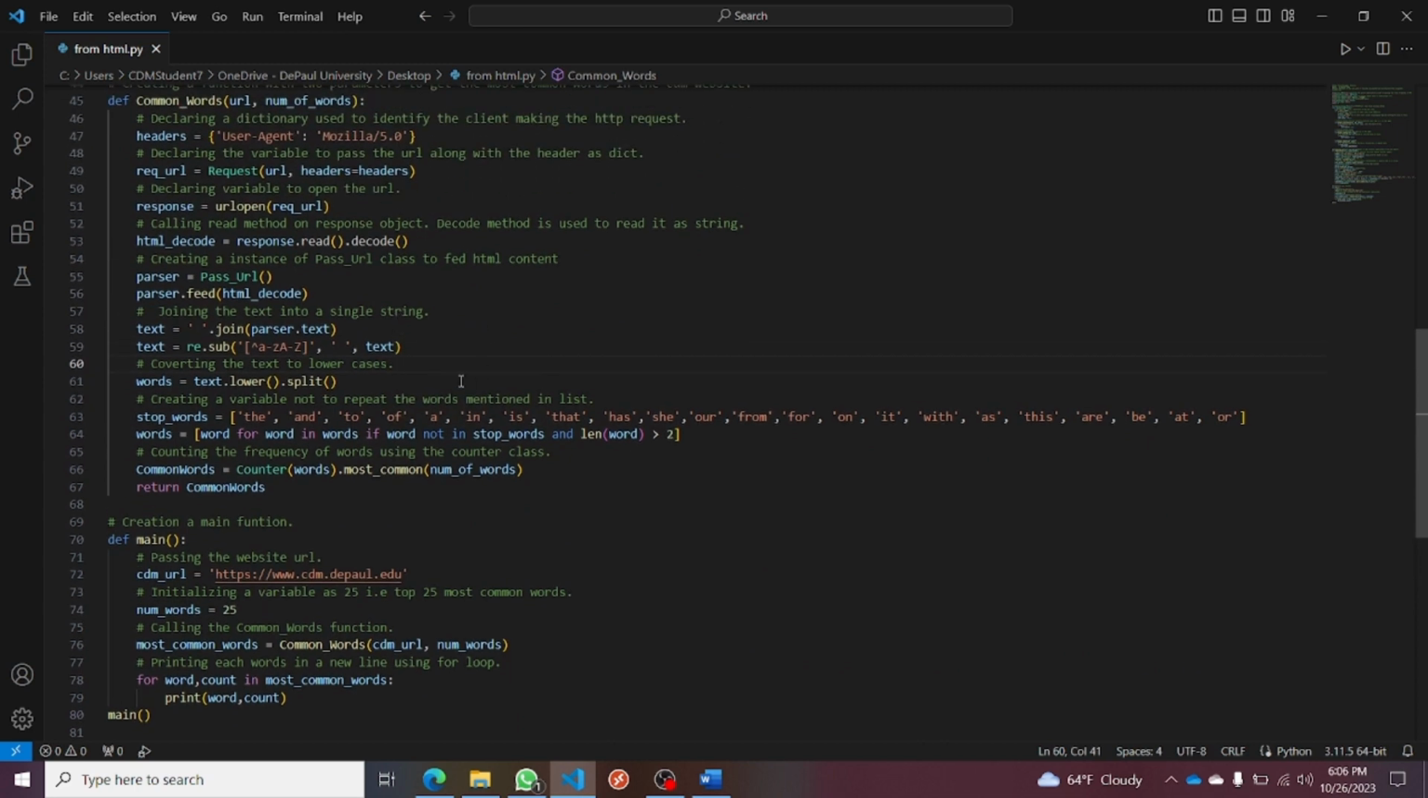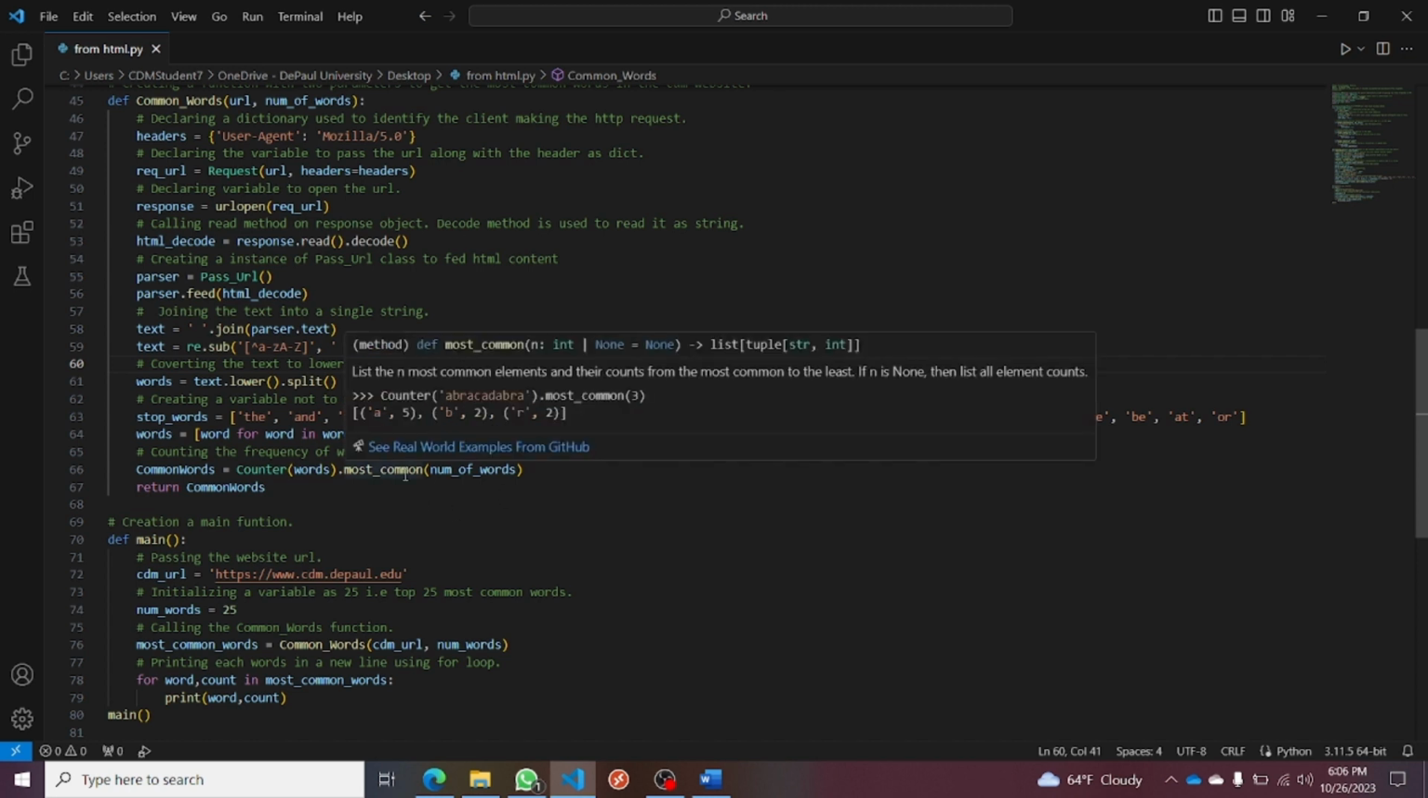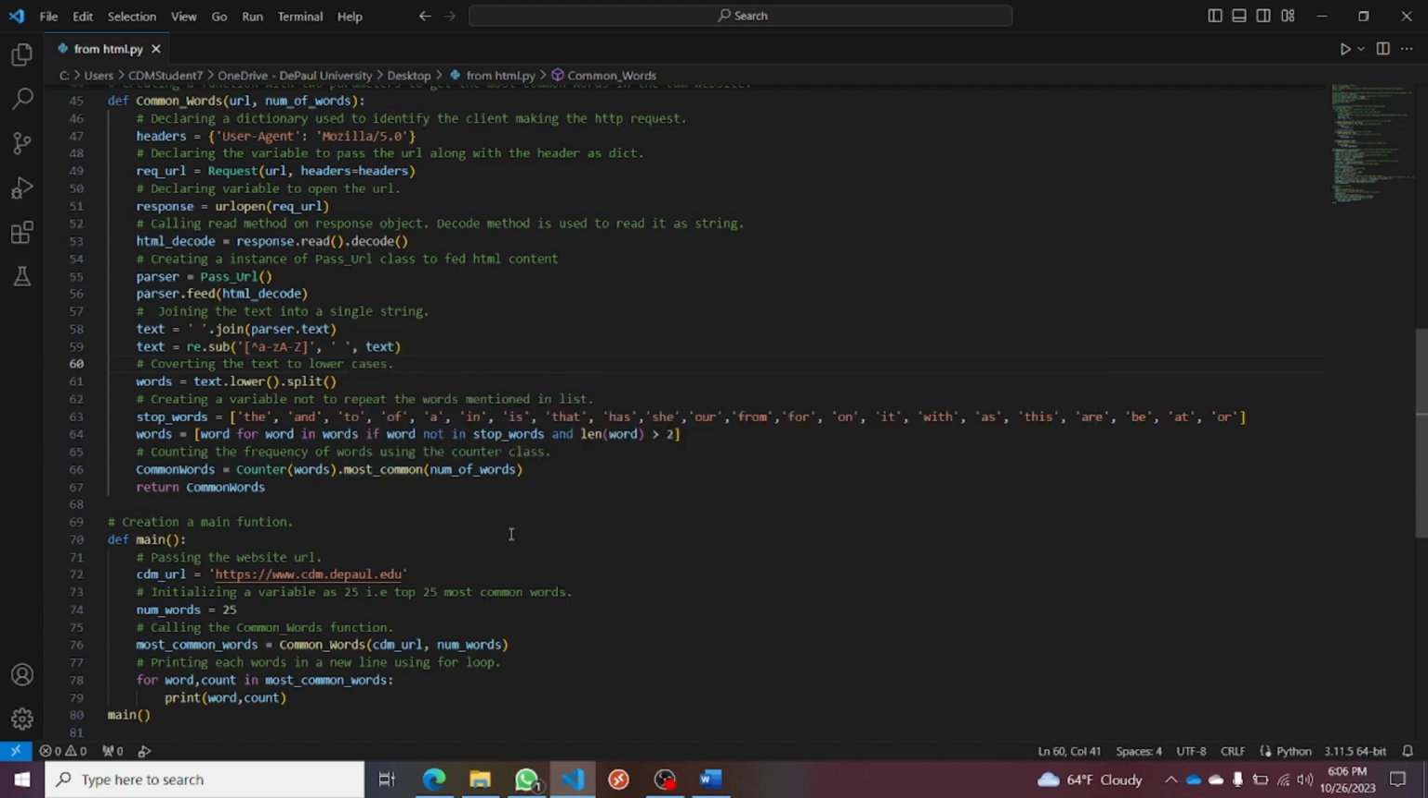CDM_URL is passed with the cdm.depaul.edu URL. I am effectively restricting my search by hard-coding the web page URL like cdm.depaul.edu. However, this will only analyze the specific web pages at that URL, and other web pages will not be redirected to the CDM web